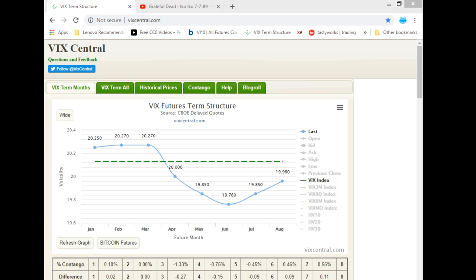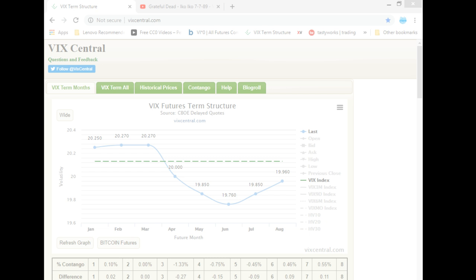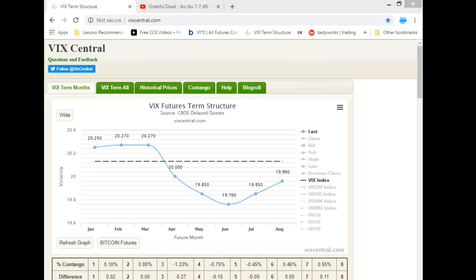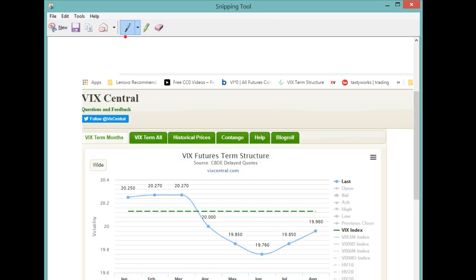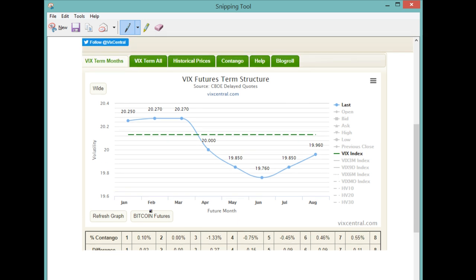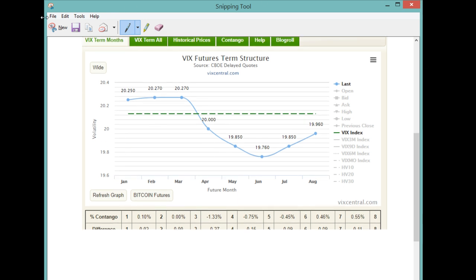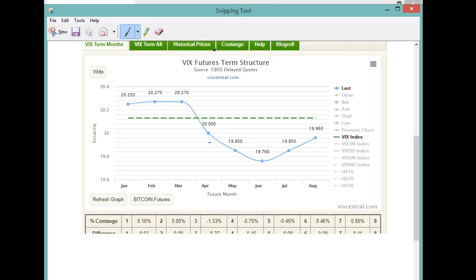Now, ideally, what would happen is spot would go to like 18, and this would line up in a sort of downward shape. Let me get my little pen and paper out here for a second. I feel like I'm popping into this mic a little bit. I need to get a pop filter on this. All right. So I'm going to go like this so that I can draw on this. Is this working? Let's see. Yeah, okay. This is working.